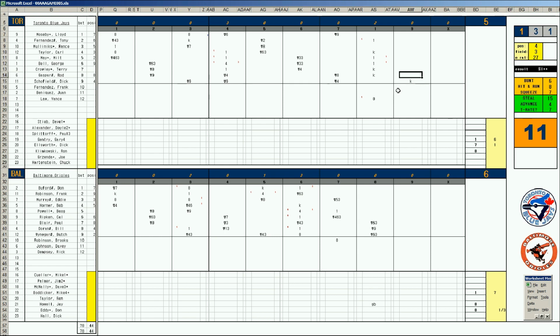Lloyd Mosby. 1-4 is a bouncer to short. And here we go. Come down to the final out. The Orioles trying to get a sweep. It's Tony Fernandez. 6-5 in the 9th inning. We got our slow roller to Eddie Murray, who's the one at first base, and the game's over. Wow. They get the sweep. Thank you, Jay Howe, for bailing out Don Eddy. He'll get the save. And the Orioles get the sweep.